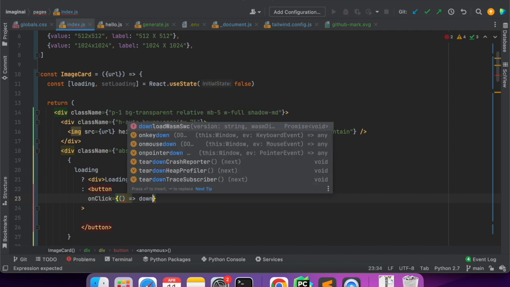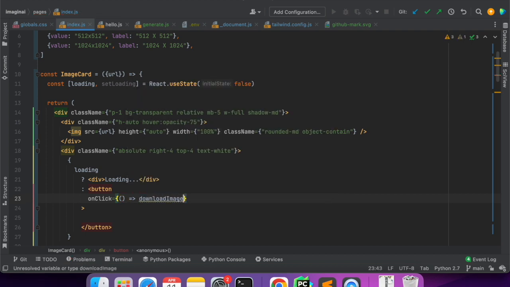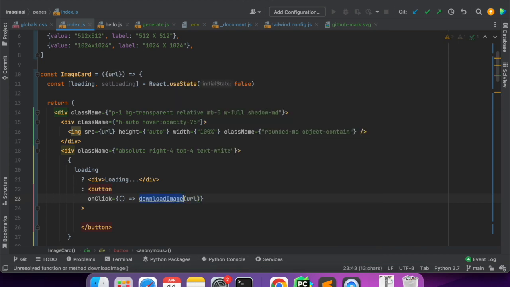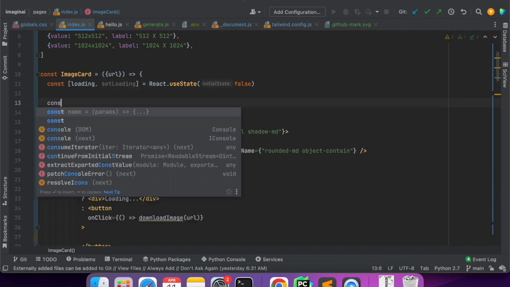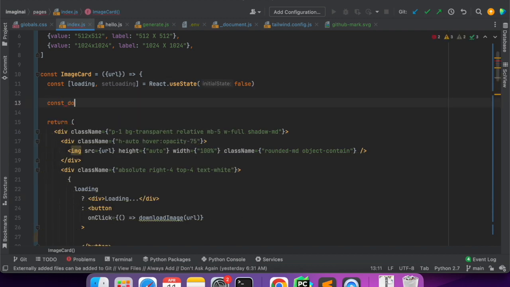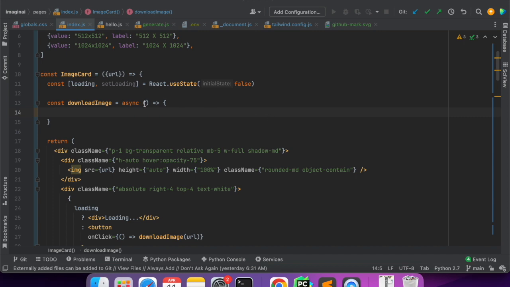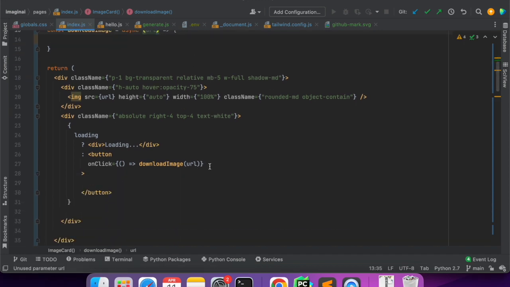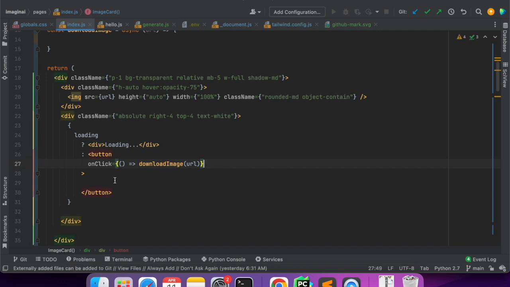We'll name it something like download image, and in the image we'll pass the URL that we got from here, and we will make a function here, download image. Okay, and I will pass the URL, and yeah, so to download we will